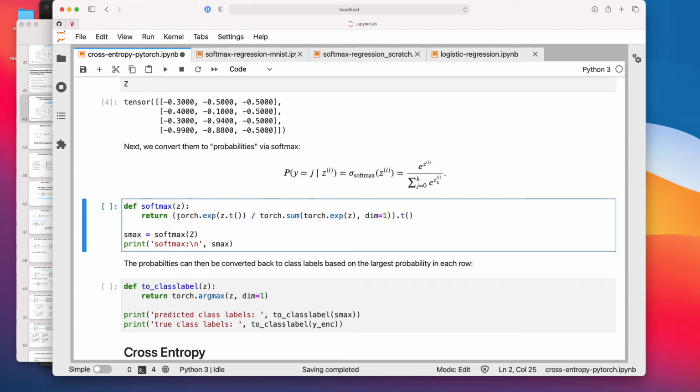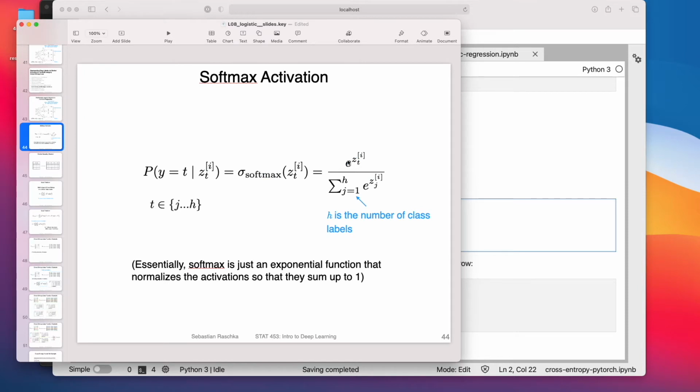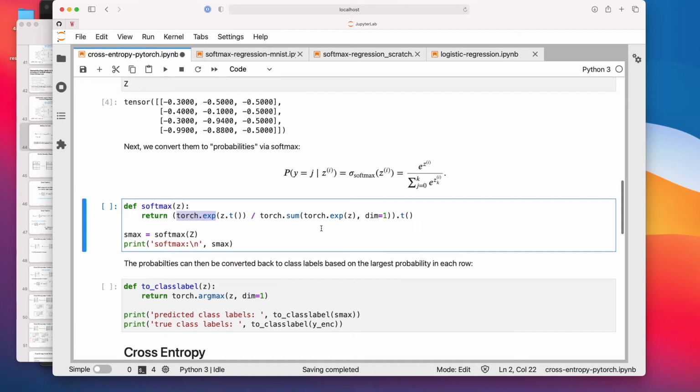So what we have in the numerator is this exponential term, e to the power of z, and then in the denominator we sum over these exponential terms for all the activations. If we have 3 classes, it will be a sum over 3. So that's what we have here.